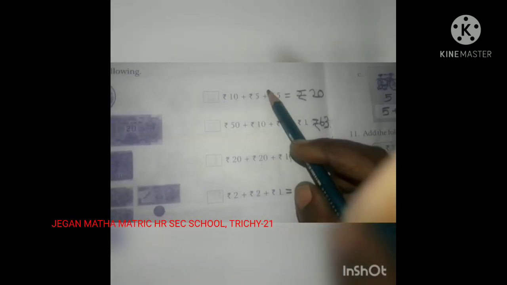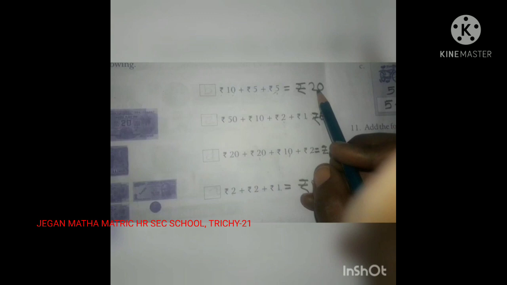So, listen here. In this answer, totally rupees 20 is present here. Here totally rupees 63 is present. Here rupees 52 is present. Here rupees 5 is present. Okay. Now we can easily match this. Come to the first question. Rupees 5. Where is rupees 5 present? Yes, it is here. So rupees 5, here also rupees 5. So we need to match these two.